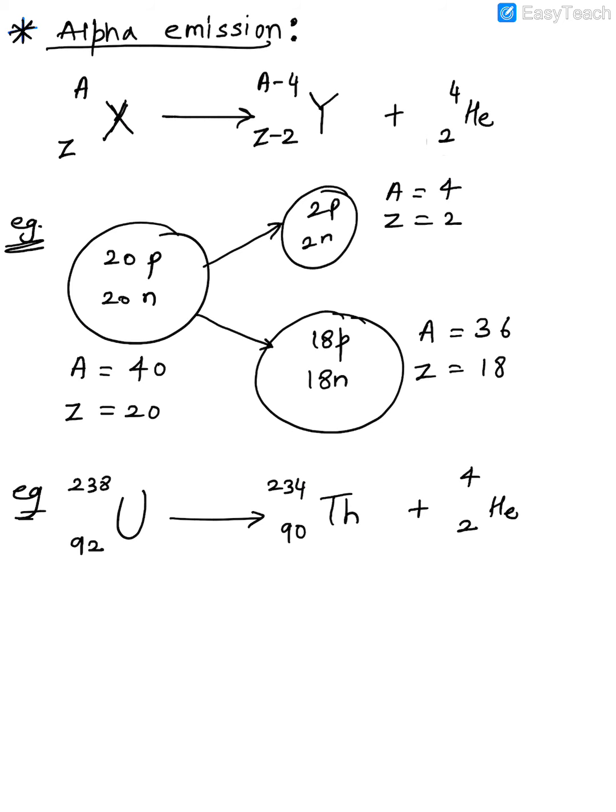I'll repeat once again. What you have to state over here, that whenever an alpha particle is emitted, its atomic mass will decrease by 4 and the atomic number will decrease by 2. Okay, write down guys this statement, pause the video, write it in your notebook. Guys, keep making these notes when I'm explaining you all this. You'll remember half the chapter like that only.